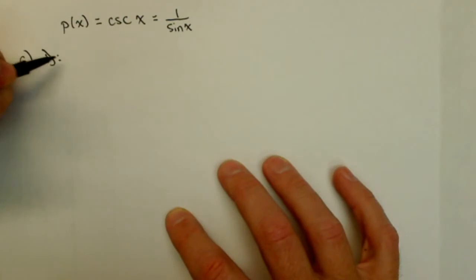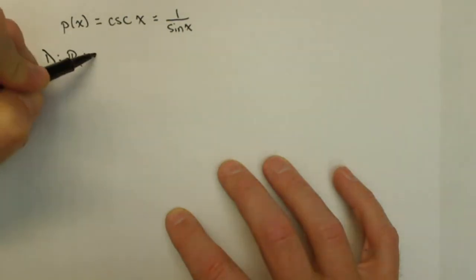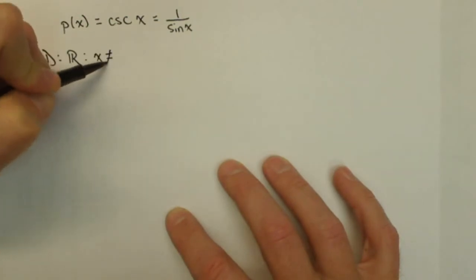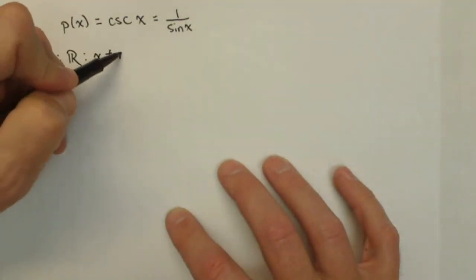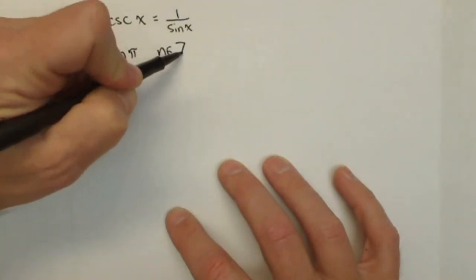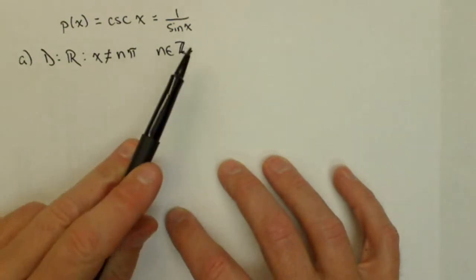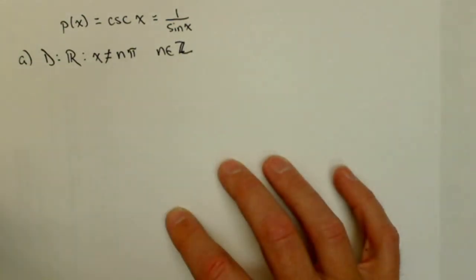And the domain of p is all reals except for places where sine is 0. So x cannot equal integer multiples of pi, n being an integer, because that will make sine 0, and then we'll be dividing by 0, which we